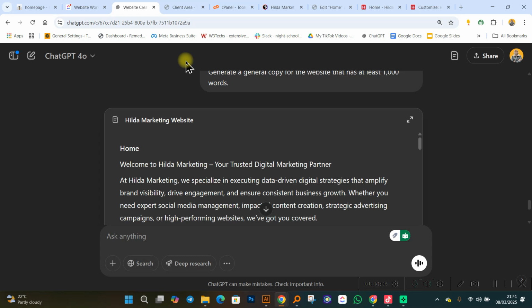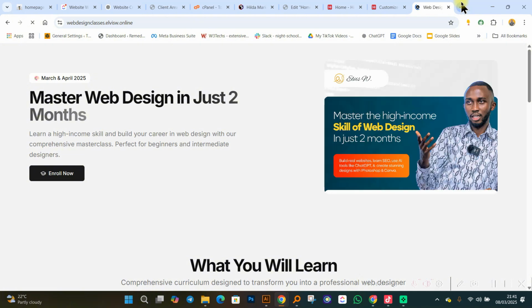So anyway, on Monday, we're going to be having classes, beginner classes on web design. These classes are meant to help you understand web design better. We're going to be having these classes from Monday to Wednesday. And these will be very impactful, especially for someone who wants to start creating websites. Probably your own website, or probably you want to just learn it as a skill. It's an amazing session that you can be part of. We're going to be learning web design, creating real-life projects that actually embody the whole aspect of web design.